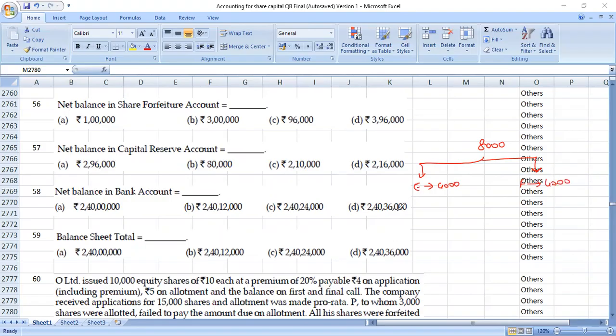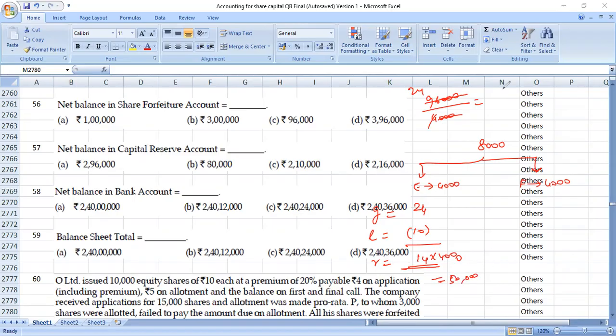கரெக்ட். E ஓட ஒரு ஷேருக்கு எவ்வளவு இருக்கு? 96,000 is the total money paid by E divided by 4,000. எவ்வளோ? 24 rupees per share is the gain on forfeiture for E. Loss on reissue on the 10 rupees. So profit on reissue will be 14 rupees. So ஒரு ஷேருக்கு 14, ஈயோட 4,000 ஷேர்ஸும் ரீஇஷ்யூ பண்ணிட்டாங்க. So total amount transferred to capital reserve with respect to E's reissued shares is 14 into 4 is 56,000.